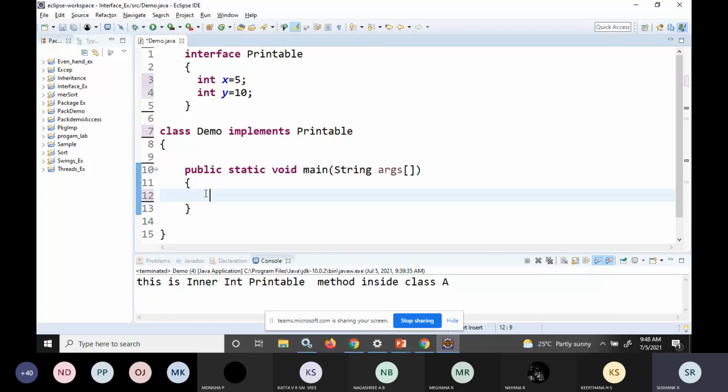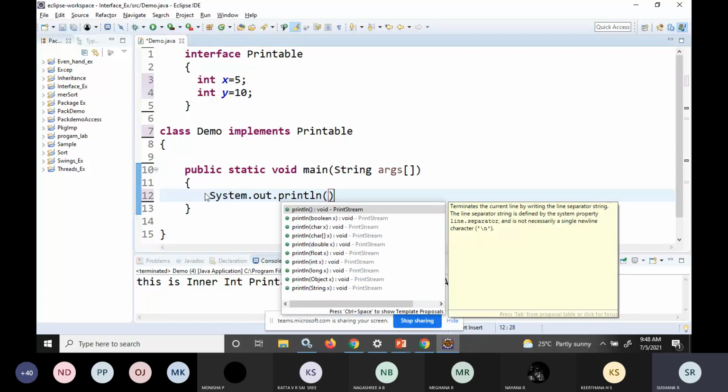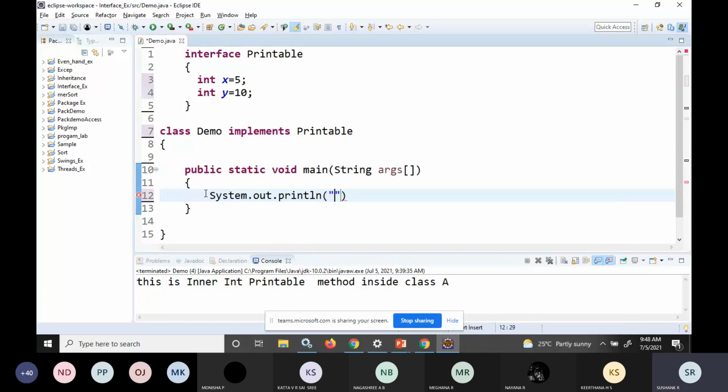So I'll just write System.out.println, value is equal to this. Just see what output you will get.